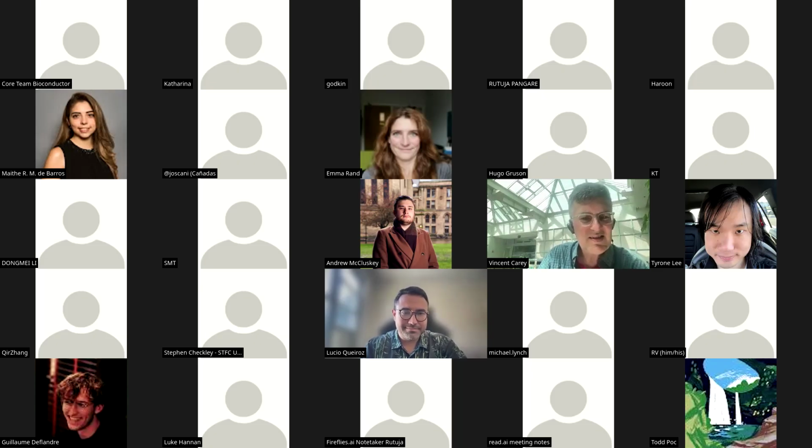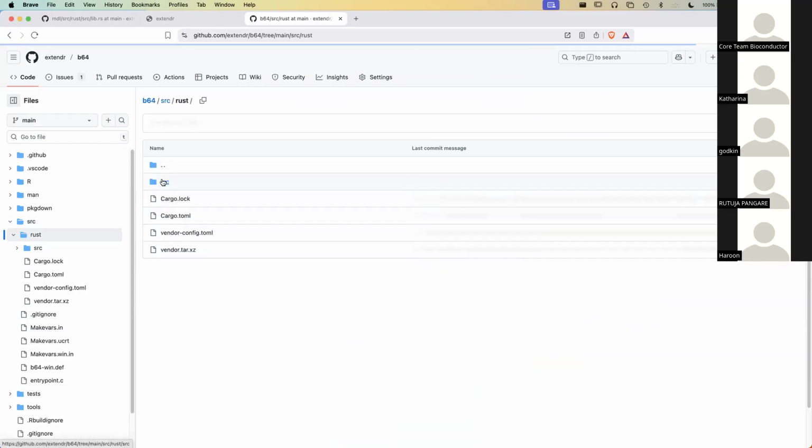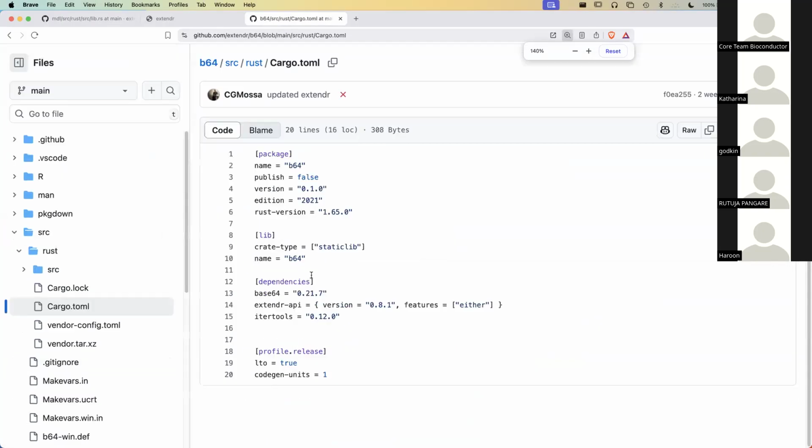I think it is. One thing to mention is package declaration, right? If we're using Rust here, I'll see if I can share my screen. Let me move Zoom out of the way so we don't see our own faces. When we're developing Rust libraries, we have package declaration in the same way that you have a DESCRIPTION file. We do this using a file called Cargo.toml, in which we explicitly define what our dependencies are and which versions they are.